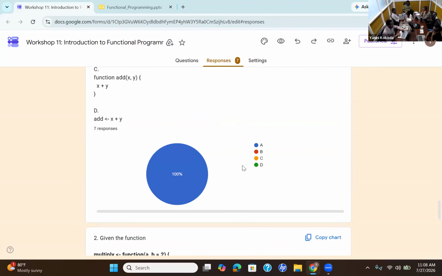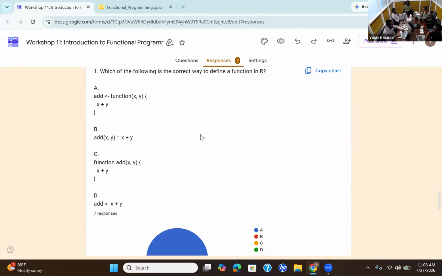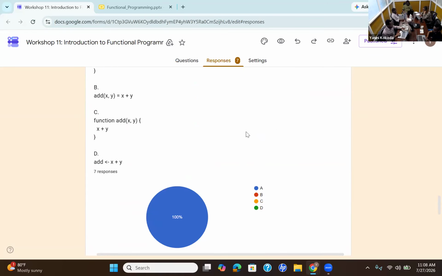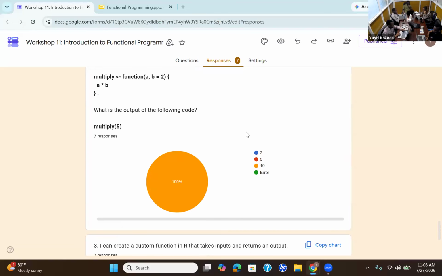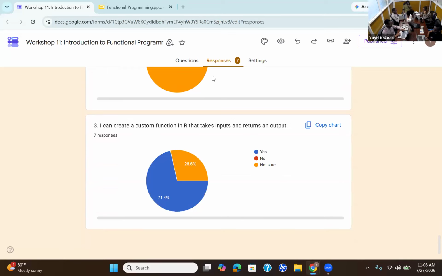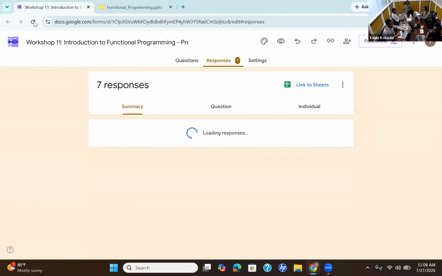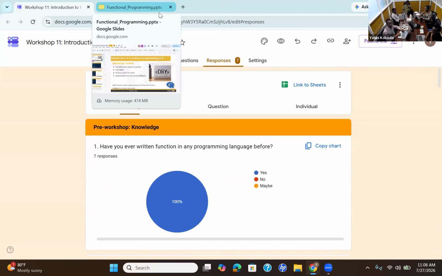In terms of skills, this is aligned with the first question, where everyone said they have written a function in a programming language, and everyone got it right here. For the default argument also, great job. Good job, everyone. Thank you so much. And we already have 7 responses up to now. Thank you.